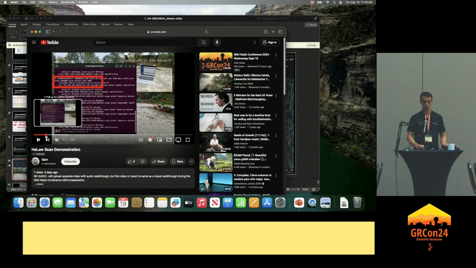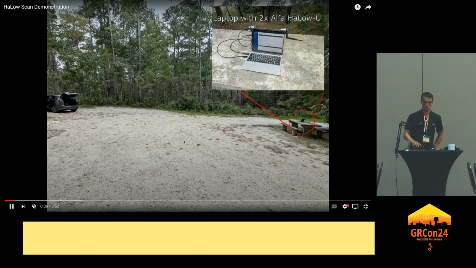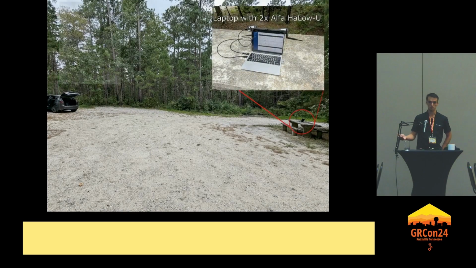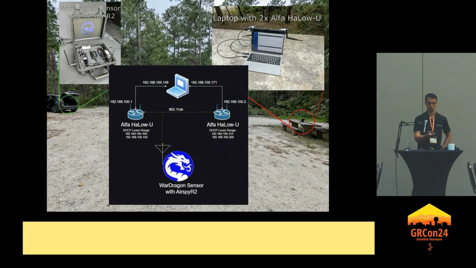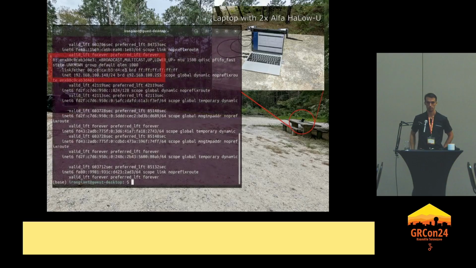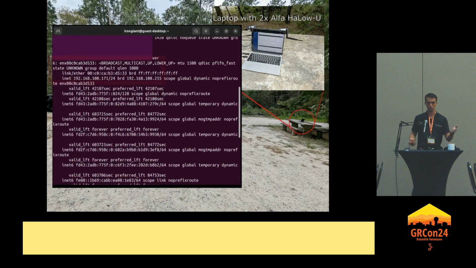At this point, I was able to go do a test outdoors to see just how well this would work. We're going to try and pull up a video here just to show that test. All right, so first, obviously, I started off setting up my Halo network, and then I was scanning everything with an SDR. I just have a little mock-up of the network there, but the first thing I had to do was go in and verify my network settings.